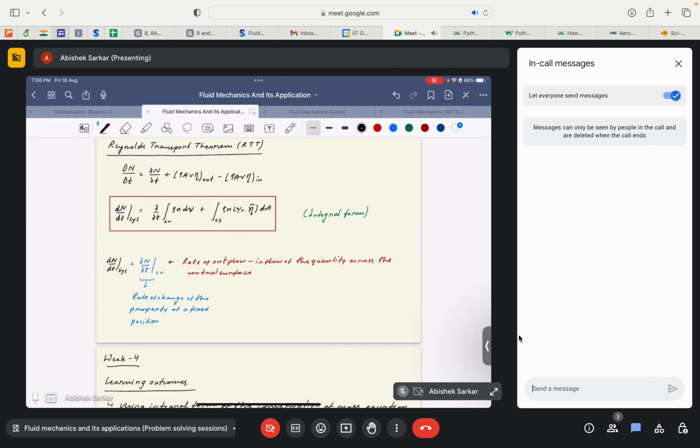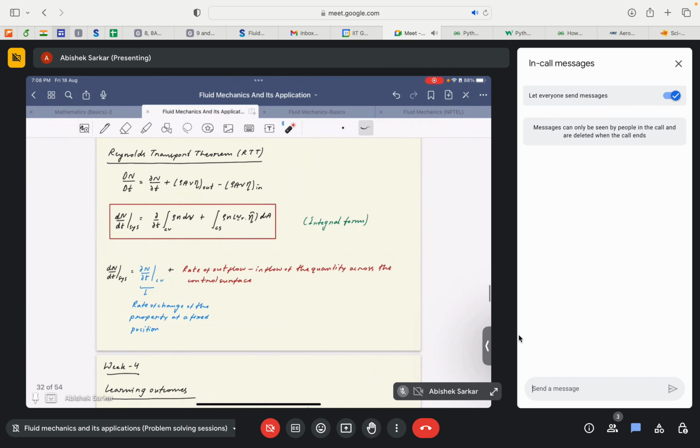So welcome back to the problem solving session of the NPTEL course Fluid Mechanics and its Applications. We are in week 4 of this course, and unfortunately, because of time constraints, we were not able to deal with the fundamentals, or at least the definition, of the Reynolds transport theorem in the previous session. So I thought it would be good to go through it, and moreover, since today's session mainly deals with the application of Reynolds transport theorem